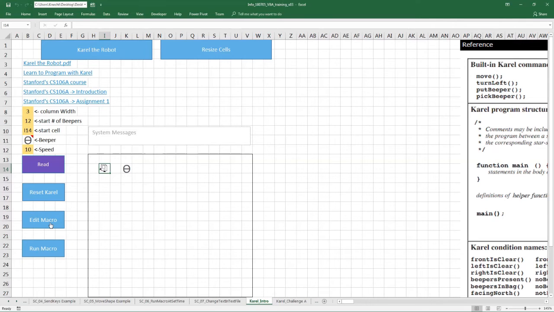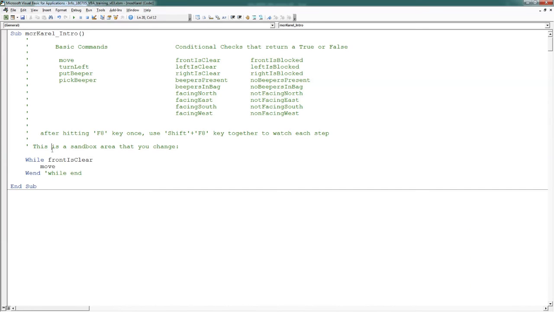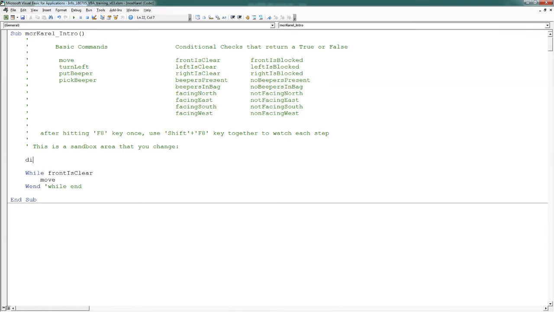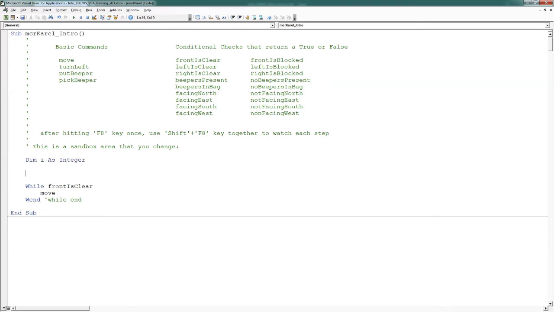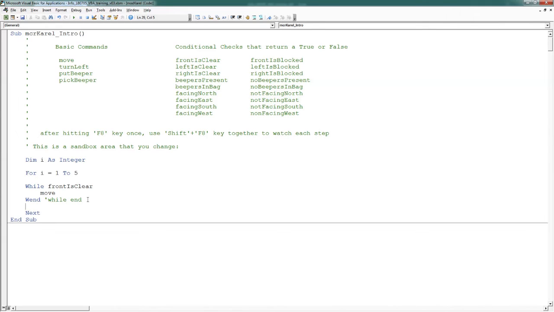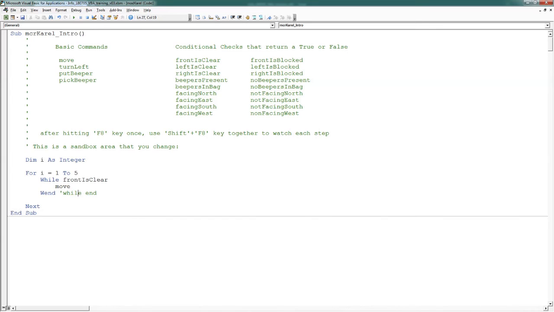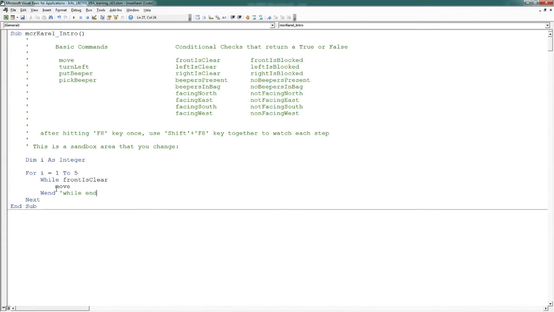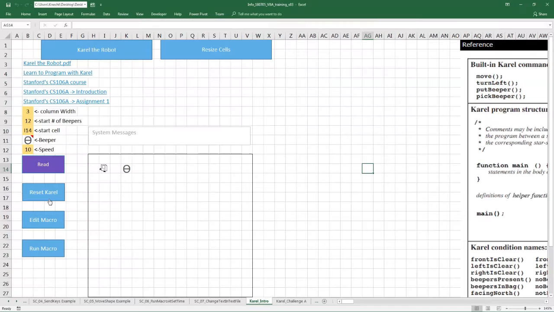So now I'm going to declare a variable for my for loop. I'll say dim i as integer. And I'm going to say for i equals 1 to 5, next. Tab that in. I don't have to have the spaces, it's just for show. And so I have good indentation here because it's easy to read. I can tell the while loop is inside the for loop, and it's not going to do much different yet